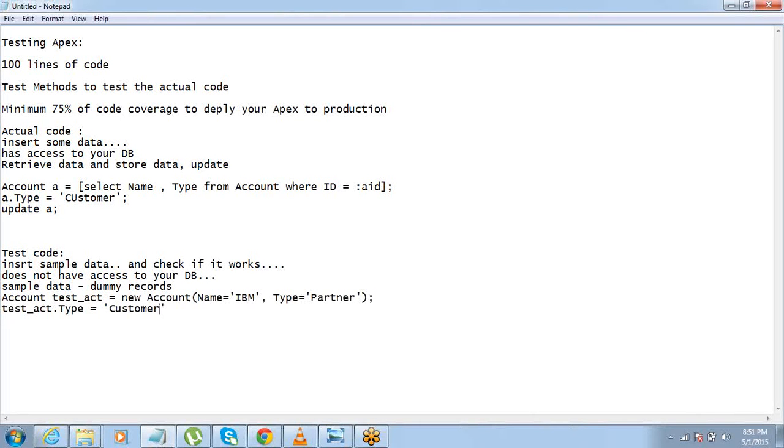So now I'm doing all these things on the sample data that I have supplied from my side, because it does not have access to the actual database.